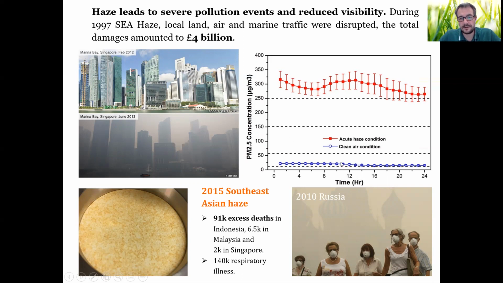And this line over here is the typical concentration of PM2.5 in Singapore. Mostly this will be because of cars. It's at the bottom, whereas here, 20 times higher, are the measurements of PM2.5 in the same location in Singapore